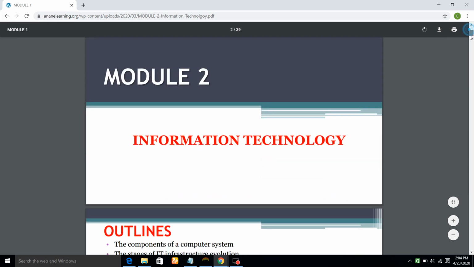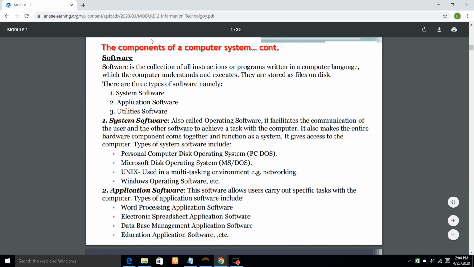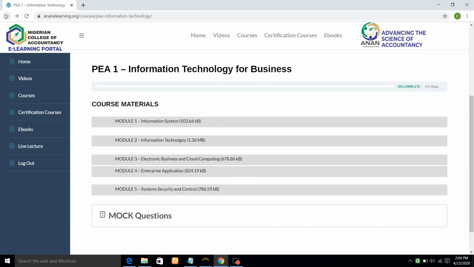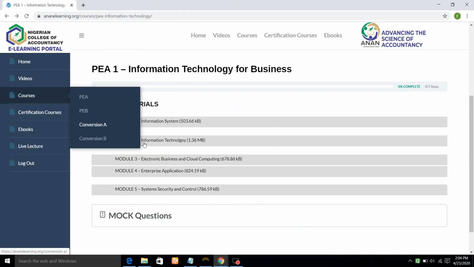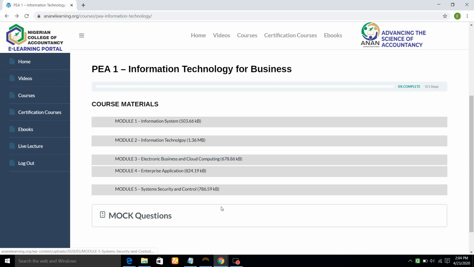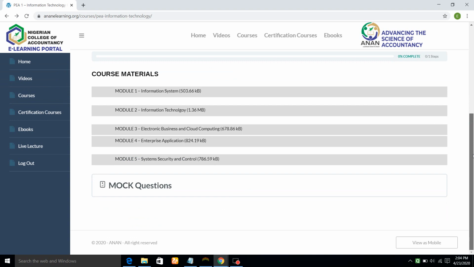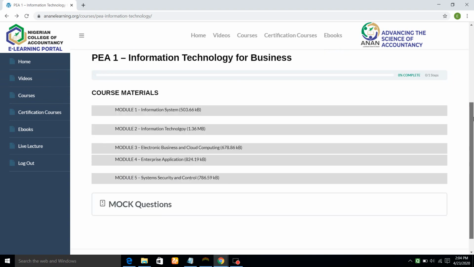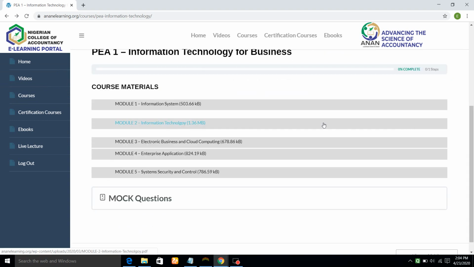Once you are done with module 2, you go back and also select the other modules, and you have options to download them to your system and watch them at any time, or preview them at any time in order to get more understanding. So at the end of each course, you have mock questions,